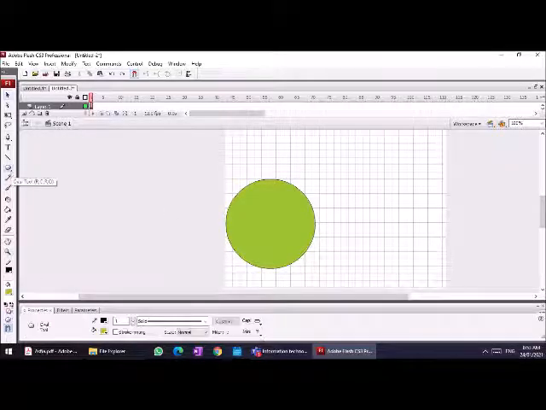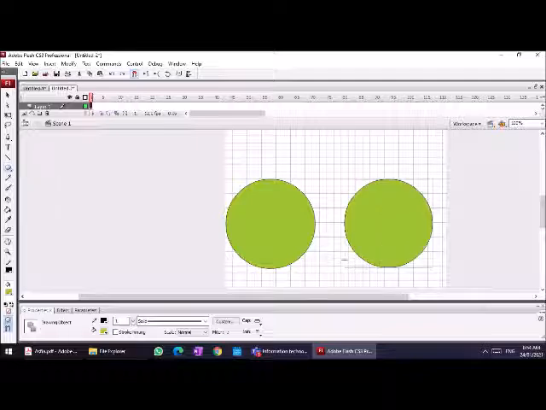And now I'm going to make the object drawing for the same thing. Now this is the difference in the object drawing.